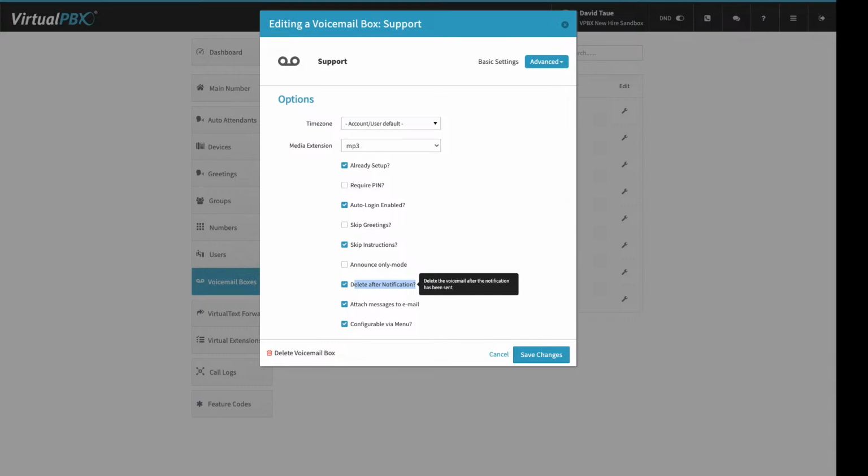Call logs shows your call history on the account. You have today, this week, this month,